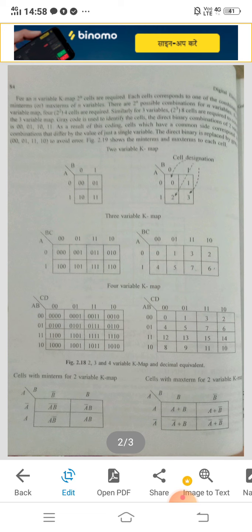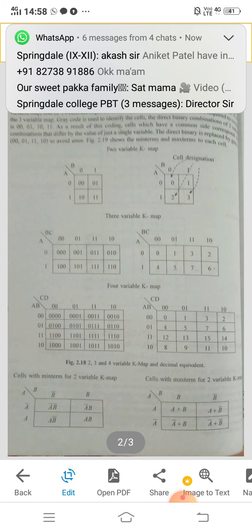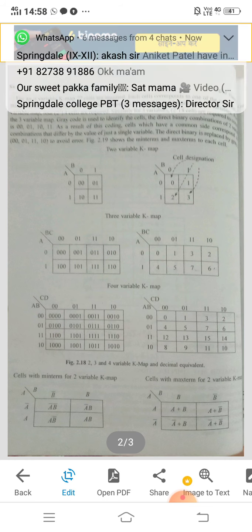Now the designation: 0 1 3 2, remember it, not 2 3, then 4 5 7 6. यहाँ चेंज हो रहा है बिकॉज आप इनकी बाइनरी कन्वर्जन करेंगे. So you will come to know the binary of 3 is 011, binary of 2 is 010, binary of 7 is 111, binary of 6 is 110.